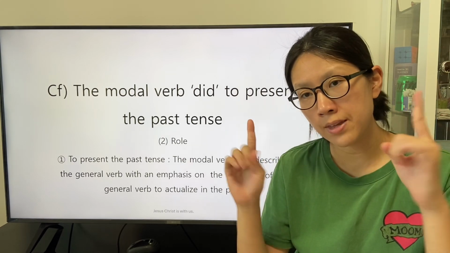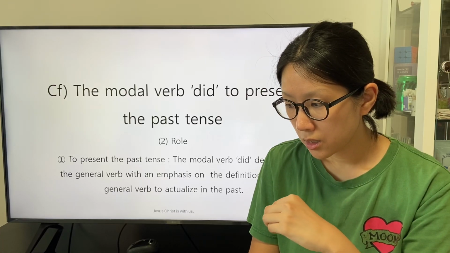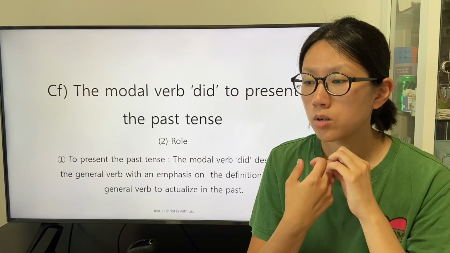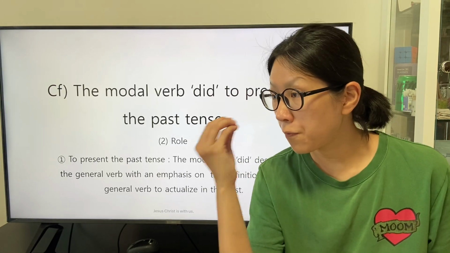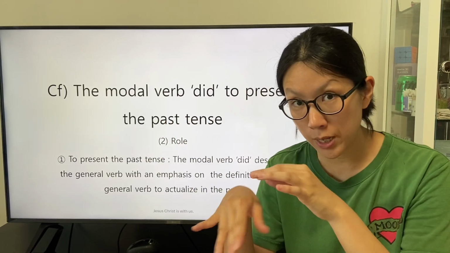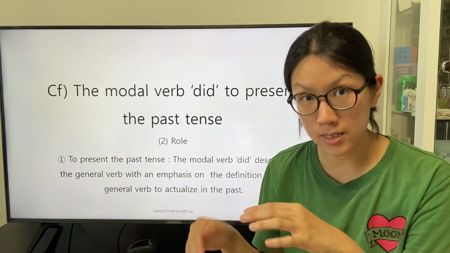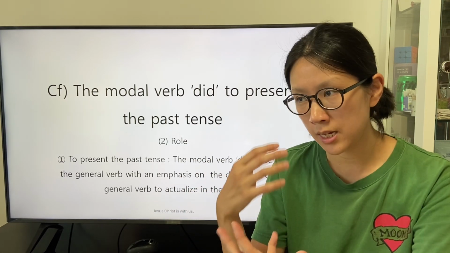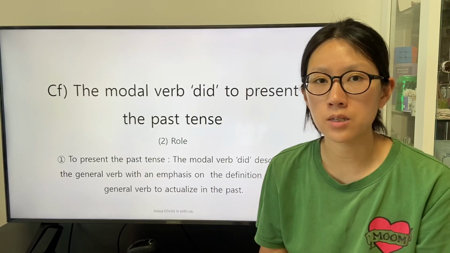So we can also understand that the application of the modal verb did is interpreted in the same context with the form of the general verb to describe the experience, condition, or action in the past to be constant. When the general verb describes every subject, the form of the modal verb did is applied with the same form of the general verb to describe every subject.